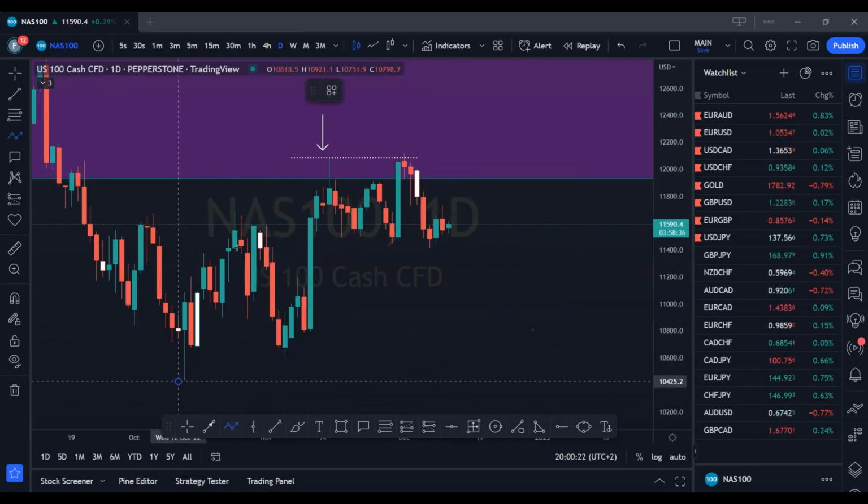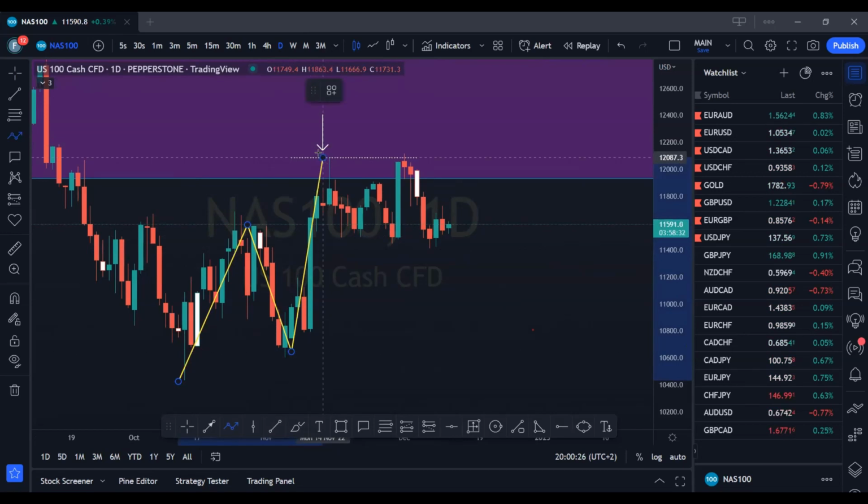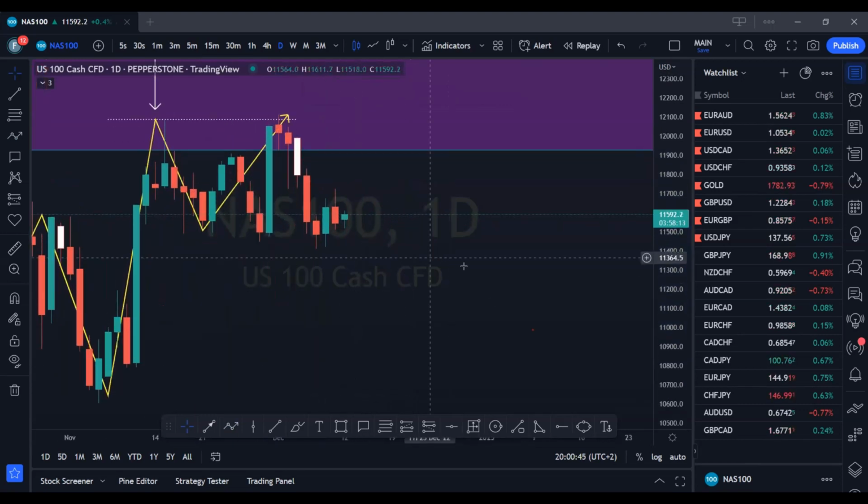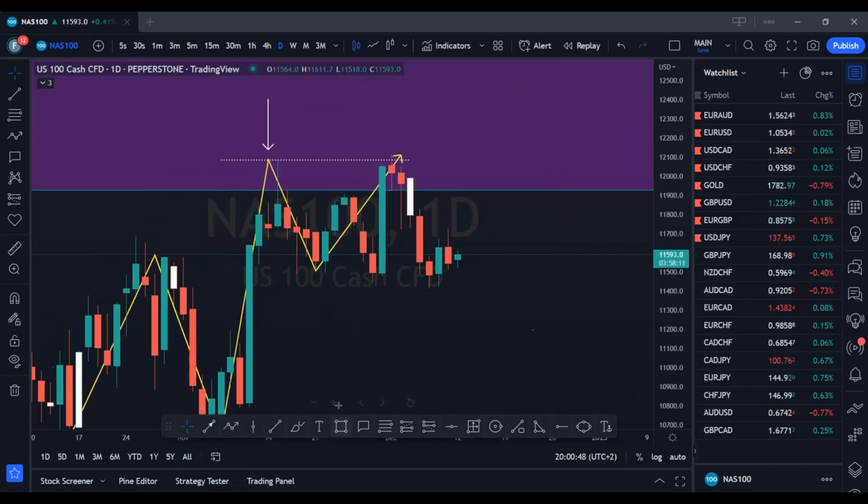So we have something like this: impulse, correction, impulse, correction, and then price has done this. But this move here, the body of this candle did not close above this high. So we will consider this as a higher high. Best bet is this is just another liquidity graph like so. Okay. So what price needs to do is,